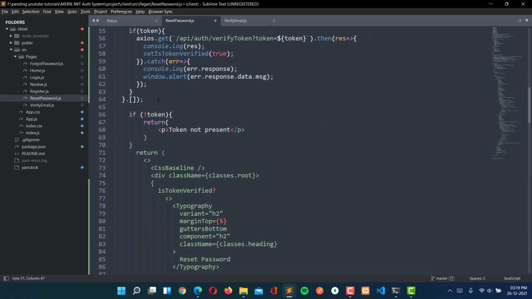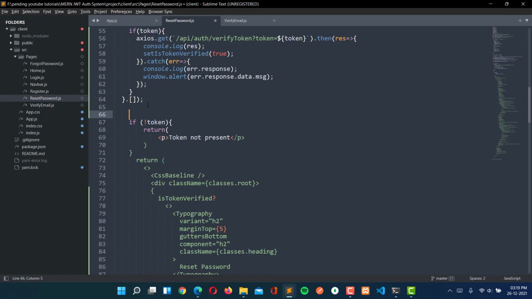So here I'm going to create this if not token and not error.